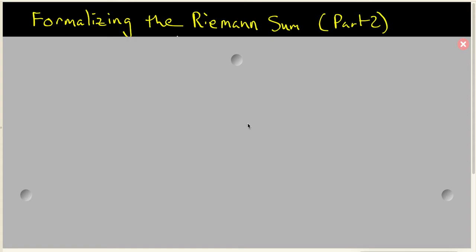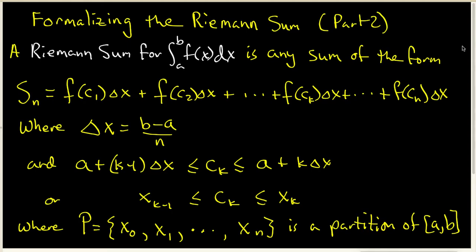In the previous video, we were working on formalizing the notation that we use for a Riemann sum, and we came up with this kind of stuff. Basically, a Riemann sum for a particular definite integral is any summation of the form Sn is equal to f of c1 times delta x plus f of c2 times delta x plus and so on until we get to plus f of ck times delta x, and we keep going until we finally reach plus f of cn times delta x,